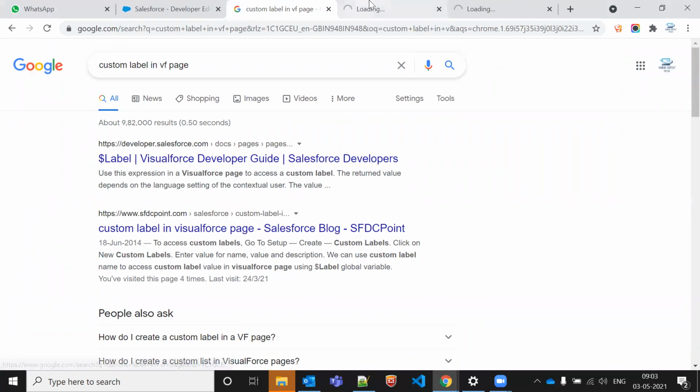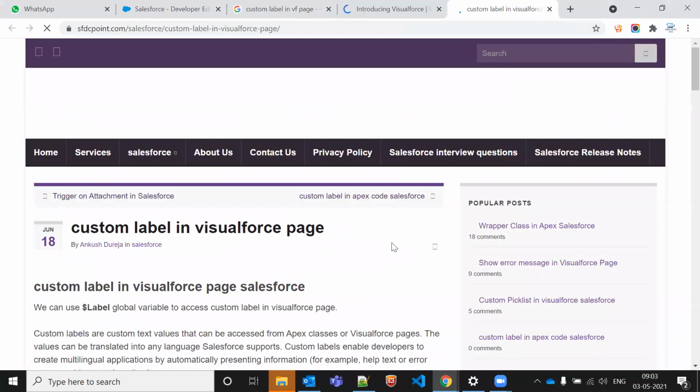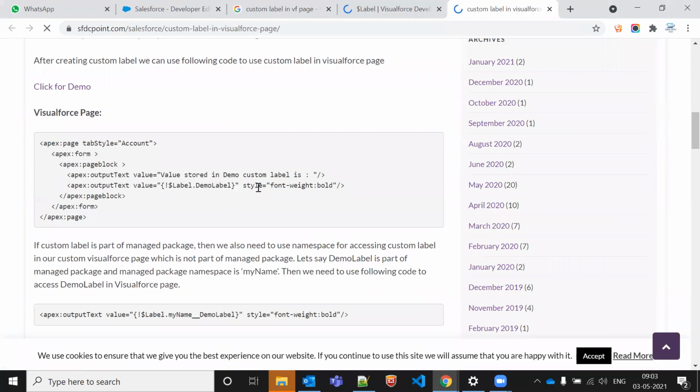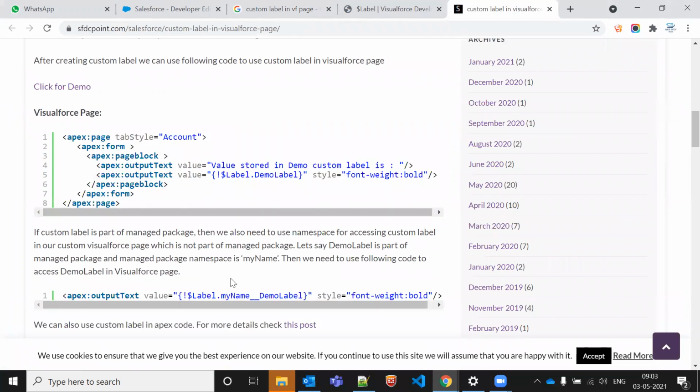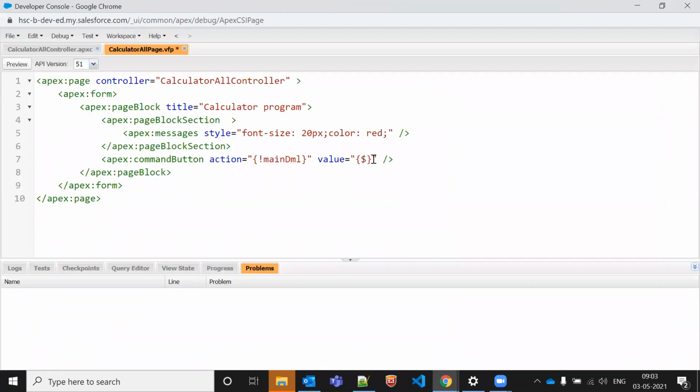Dollar label dot label name, I think. Dollar label dot label name only. Okay, I'll go there. So whatever label name we have here.